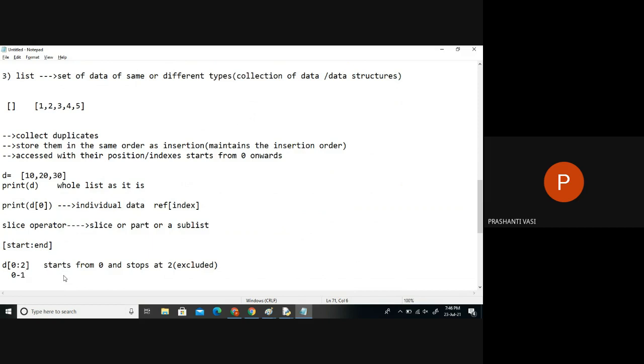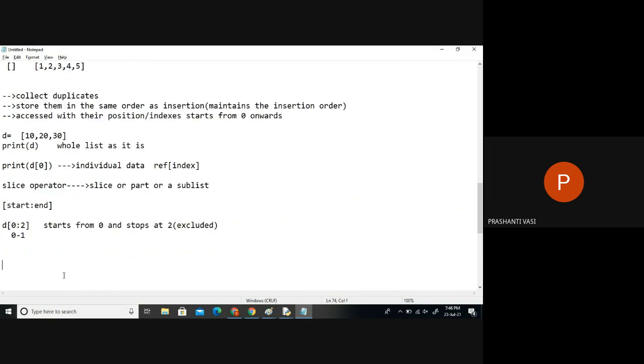These two indexes are included. So elements from 0 and 1 will be printed, and index number 2 is not included in the print statement. So if we say print d of 0 to 2, we'll get an output of the 0th one and the second one, that means index number 1. This output will be shown on the screen.